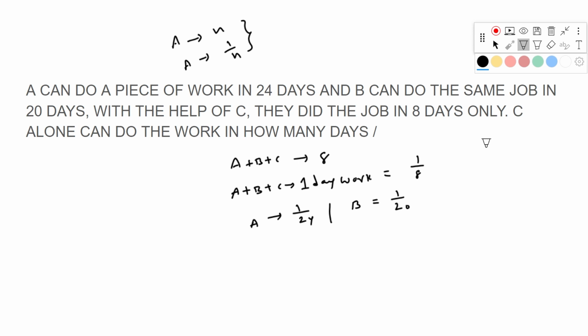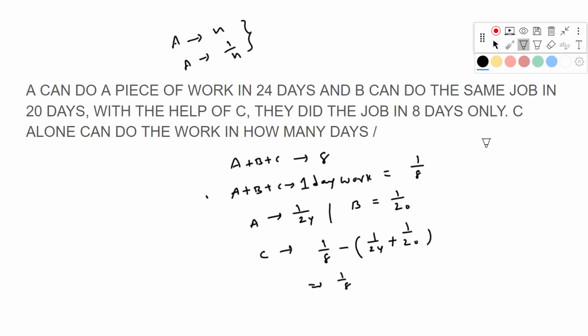Can I write like this? Okay, now I have to find out C's 1 day's work. C alone can do the work in how many days? So I have A plus B plus C's 1 day's work, A's 1 day's work and B's 1 day's work. If I subtract these two from A plus B plus C's 1 day's work, then I can get C's 1 day's work. Yes or no? So A plus B plus C's 1 day's work is 1 by 8 minus A's 1 by 24 and B's 1 by 20. Yes, so if I do this,